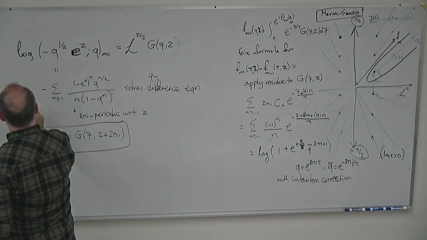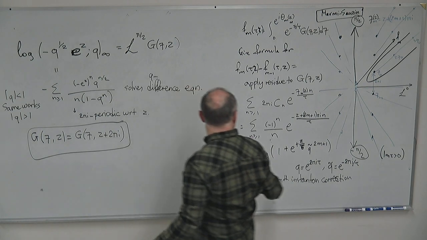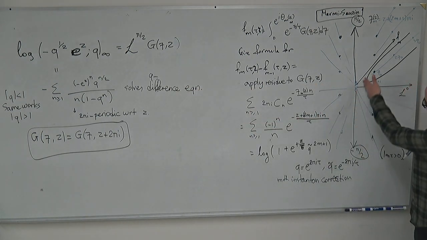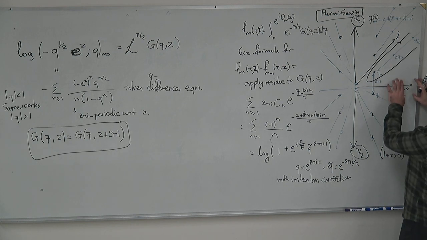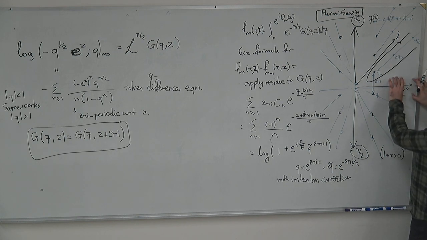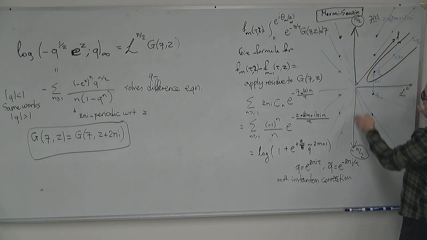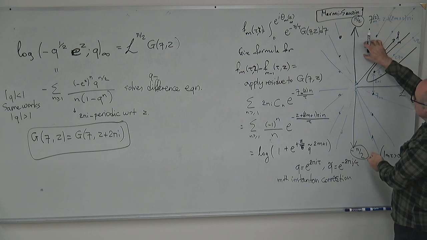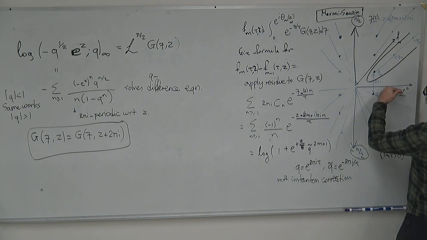Same works even when q is bigger than 1. In other words, the solution here, the Laplace transform, is also 2 pi i periodic. So here we have q and q tilde series. We peel off one by one the q tilde series, and we're left with two q series, one defined here and the other defined there. But the important thing is that because we can move the Laplace transform from here to there,